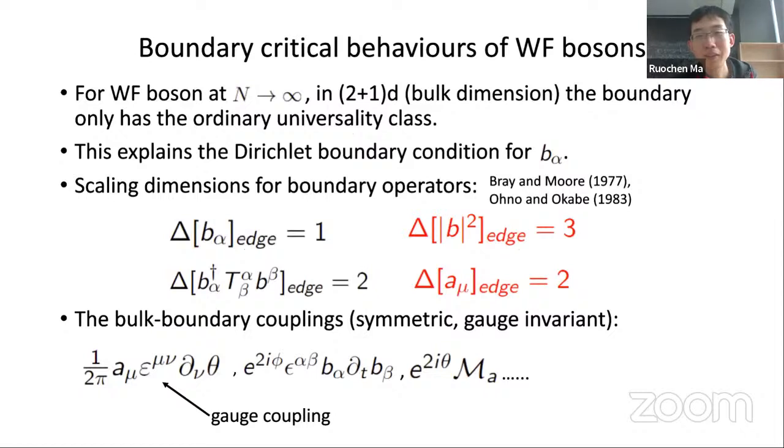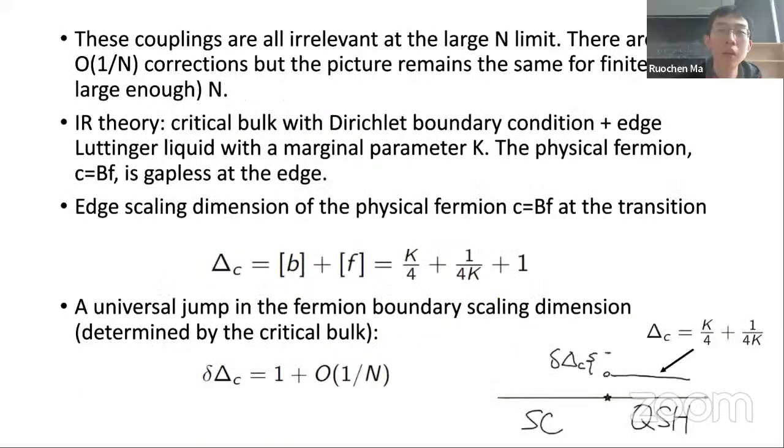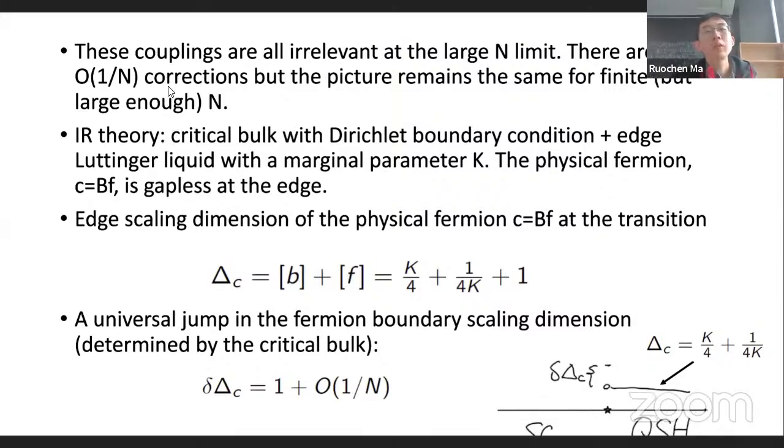Okay. Scaling dimensions. Okay. And so these couplings are all irrelevant at the edge. So there are possible 1/n corrections, but the picture should remain the same for n not too small. And then due to this calculation, what is our IR theory? So the full theory in the IR is a critical bulk with Dirichlet boundary conditions for the bulk modes,